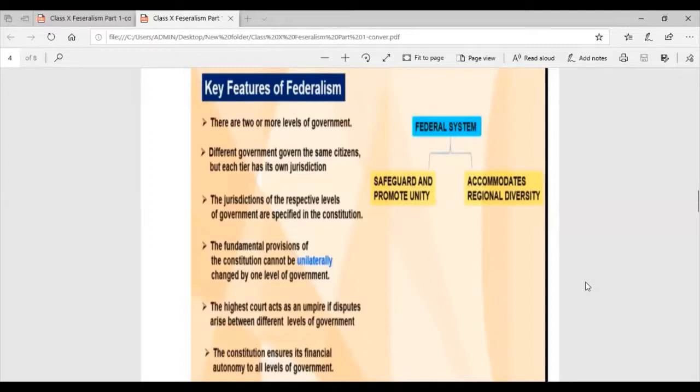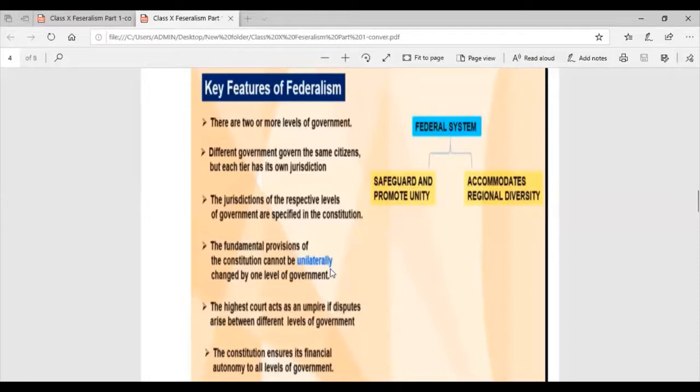For example, in India, we have 29 states. So if any constitutional provisions in regards to the federal structure need to be changed, it has to get at least a 2/3 majority in both the houses of the parliament, that is Lok Sabha and Rajya Sabha, and it should get the approval of more than 15 states. So it is not an easy task for the union government to change any provisions without the consent of